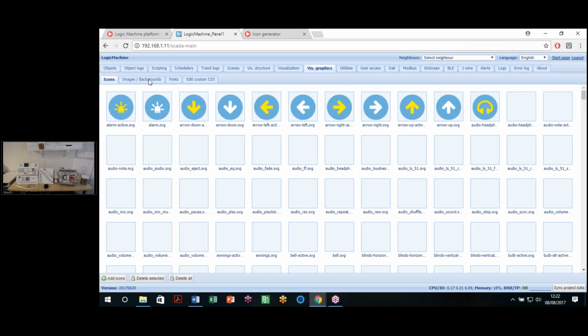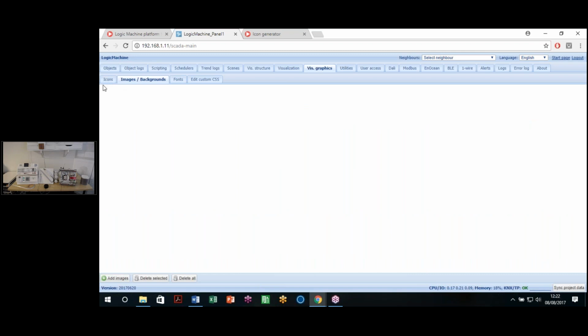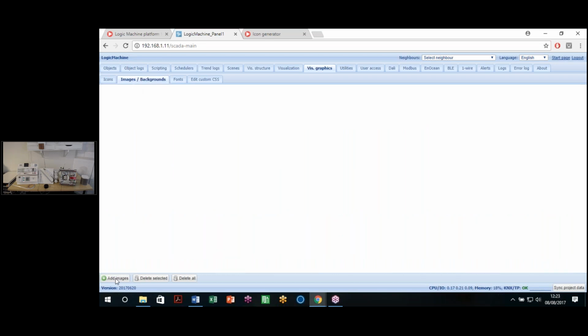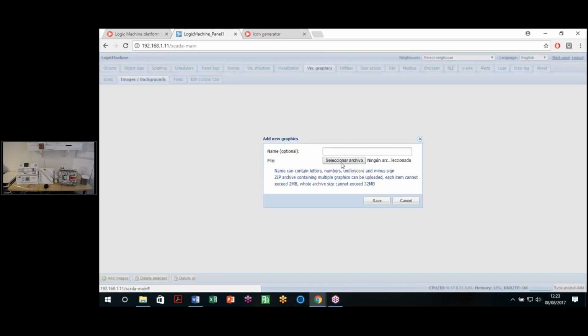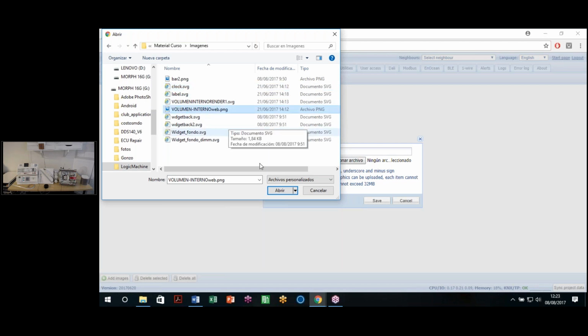Now we're going to add a few images. The difference between icons and images in LogicMachine is that the icons will only work when we are creating buttons and other types of control. But when we are trying to add some images, some backgrounds, it won't let us select any icon in the list. So there's a difference between them. We're going to use a